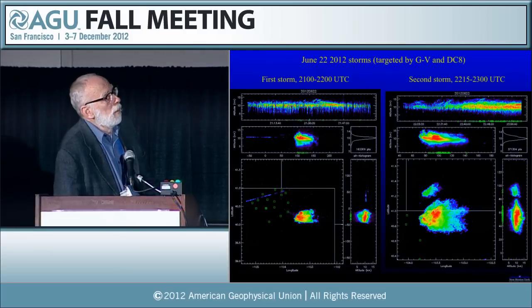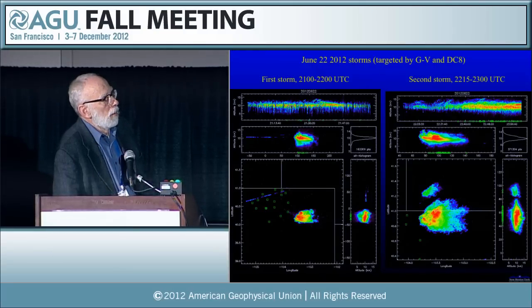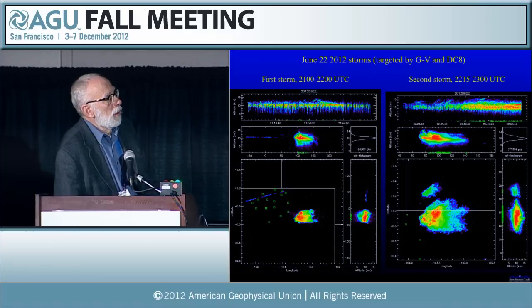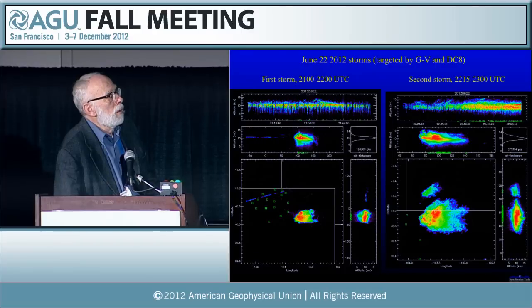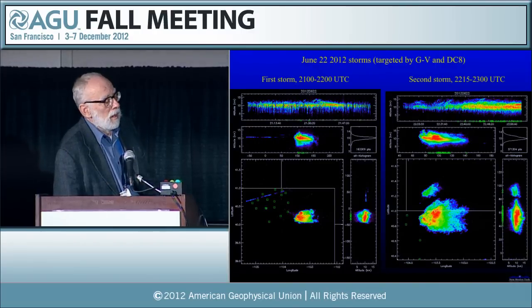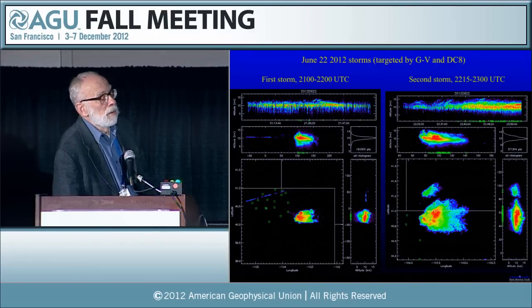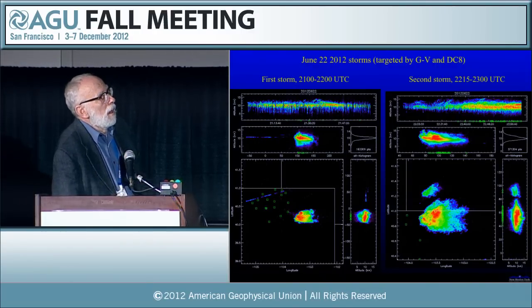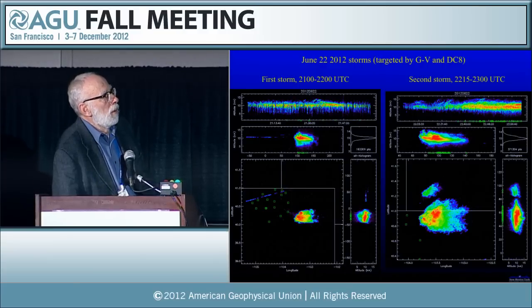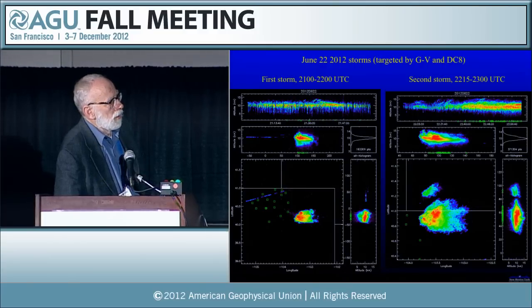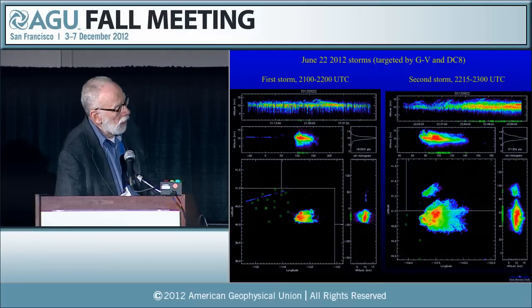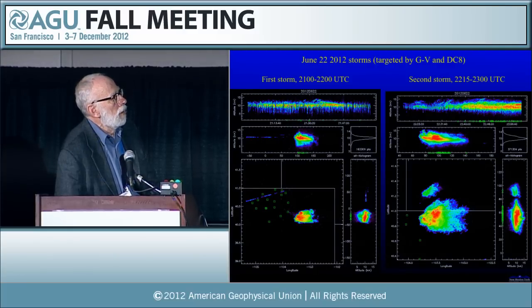The second storm, which was to the north up over the Wyoming border on the right-hand side, produced no lightning for about the first 20 to 30 minutes or so, and then produced a mixture of negatives and positives. In other words, it started off producing negatives before positives. So the question is what was different between these, and it will take a detailed analysis to go through. It'll be interesting to find out if we can sort out why those two were slightly different.